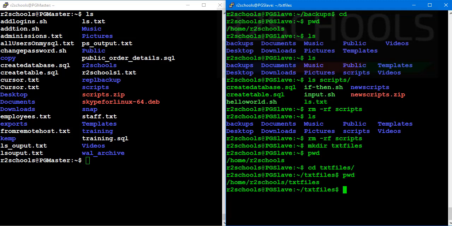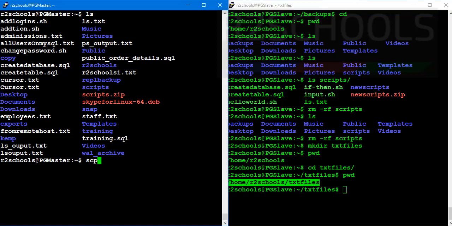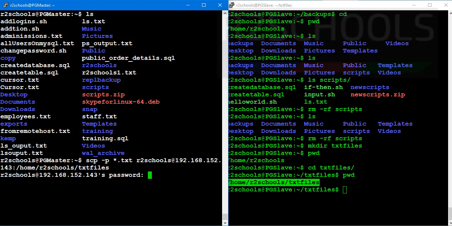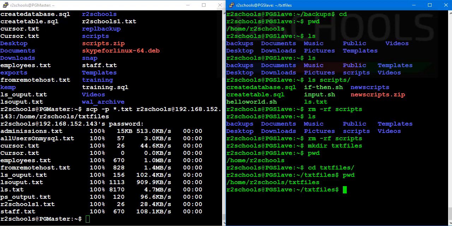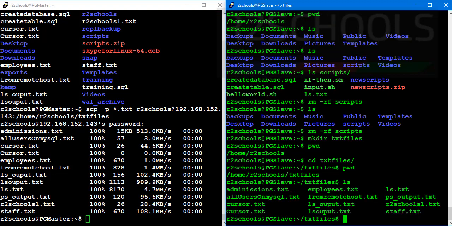Now I am going to copy all txt files from this localhost to this target directory. scp -p *.txt and the target username and host IP or host name. Then provide the path of the target directory and press enter. Then provide the password of the target host. It copied all these txt files to this txtfiles directory. Let's verify. See, the files are successfully copied to this directory.